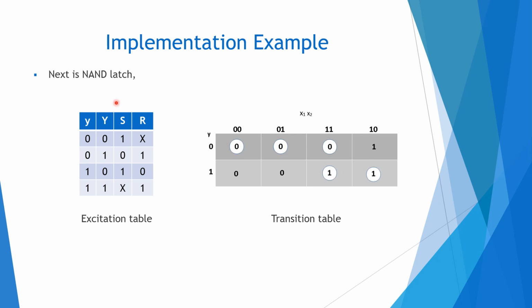So next is the NAND latch. Similarly, the excitation table is different for the NAND latch. When y goes to y, the small y to y: from 0 to 0, we have 1x. From 0 to 1 it is 0 1, from 1 to 0 it is 1 0, and from 1 to 1 it is x1. This is a transition table that is the same,